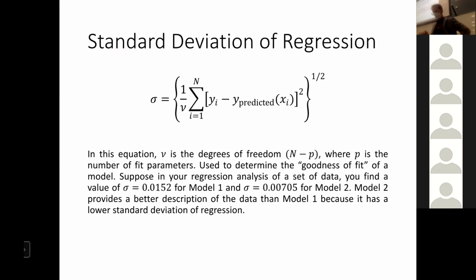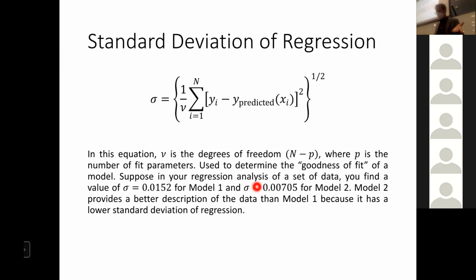Okay, and in this equation, nu, the degrees of freedom, is equal to n minus p, where p is the number of fit parameters. So p depends on which fit model you're using, right? For a linear fit, p would of course be 2, because you're fitting a slope and an intercept. But for a quadratic, p would be 3, because you're fitting 3 fit parameters. Okay,